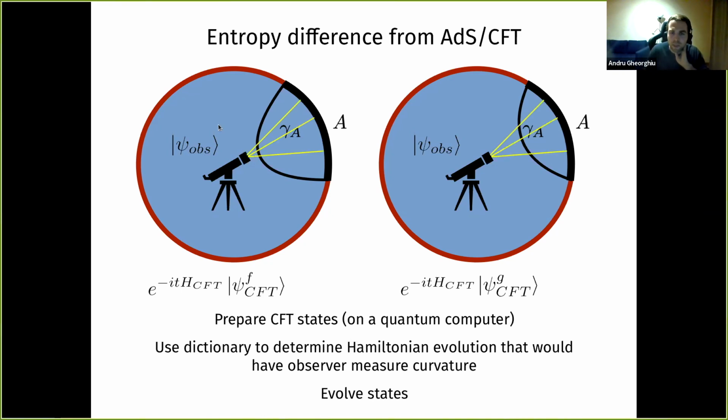So that's something like, say, it sends light signals maybe to the boundary. We know that these should return to us in a finite amount of time. And then from these light signals, maybe we can reconstruct information about what the curvature looks like. So we're using the dictionary here because if we have an observer in the bulk, we might know what that evolution should look like in the bulk for it to perform this measurement. And we need to translate that into an evolution on these CFT states that we prepared.